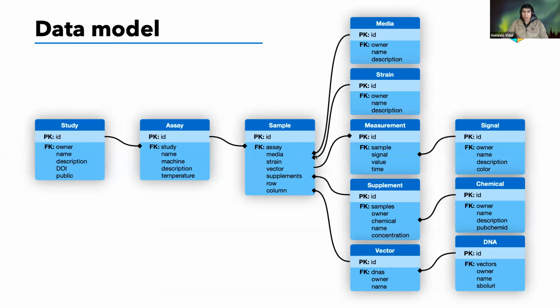Here is the whole data model. We can appreciate how the high complexity data objects are composed by simpler ones. As an example, we can have two plasmids, each one corresponding to a DNA object. Both compose the vector. And this vector is transformed into a strain, and a fluorescent GFP signal can be measured